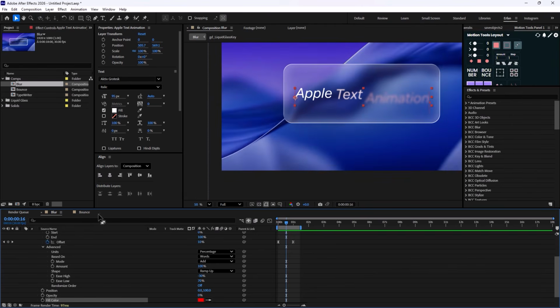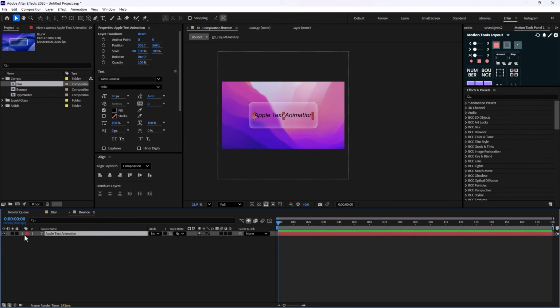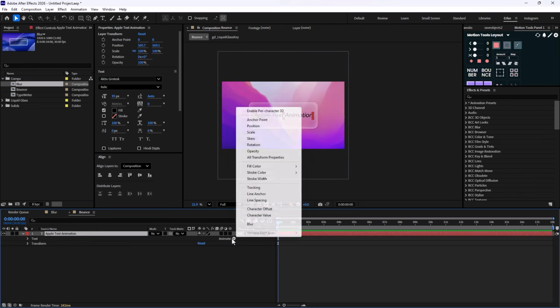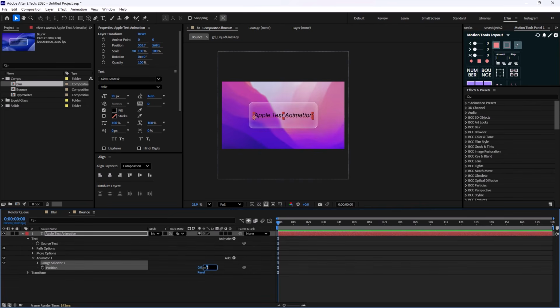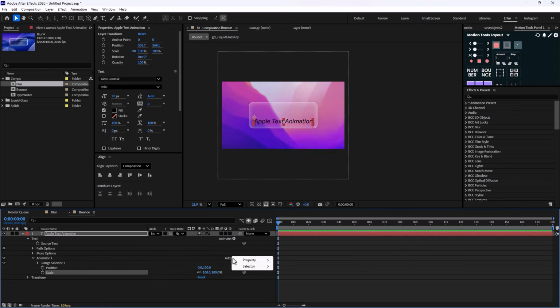Now let's go to the second type of animation, which is the bounce one. In order to do that, this is going to be also super simple. All we need to do is that we need to go towards the animate menu and then we need to add a position again. I'm just going to set the position on 100 again, and this time in add menu property, I'm going to add a scale along with a rotation. I'm just going to set the scale on 0 and then I'm going to just set the rotation to 50.